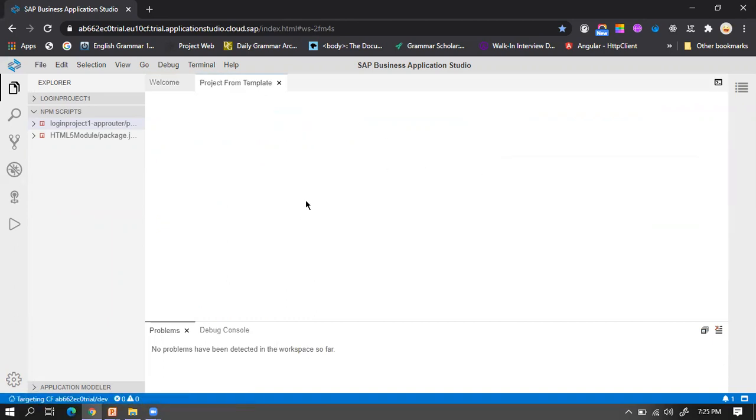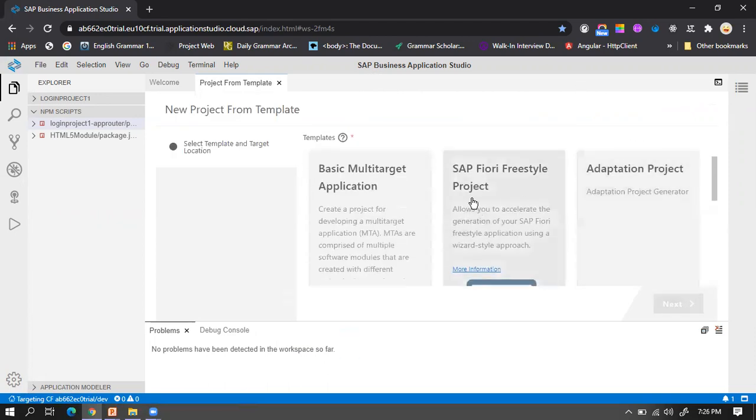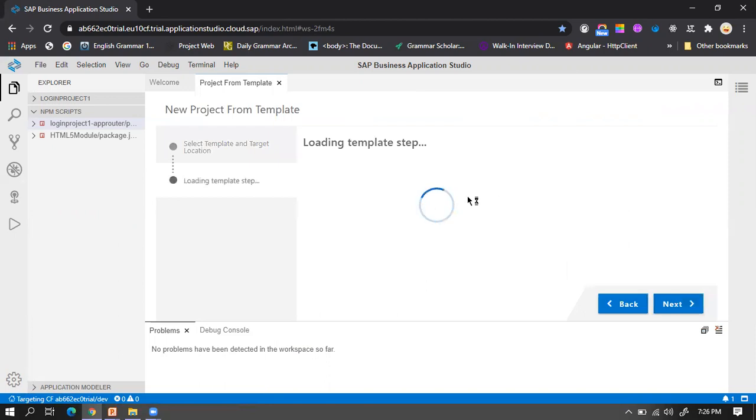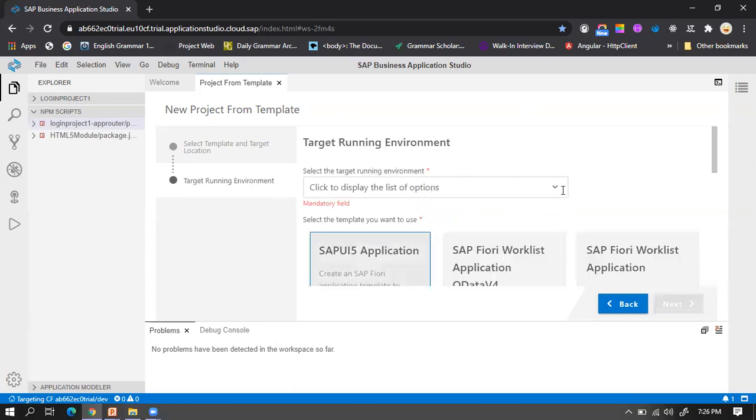It will load all the templates available throughout Business Application Studio for developing applications. Let's select our SAP Fiori Freestyle project template. Once the templates are loaded, we need to select the environment.